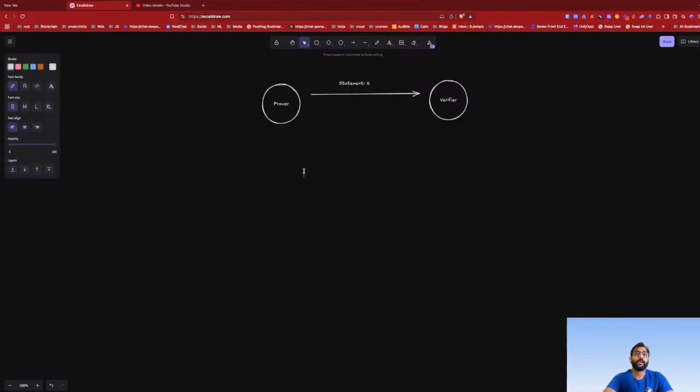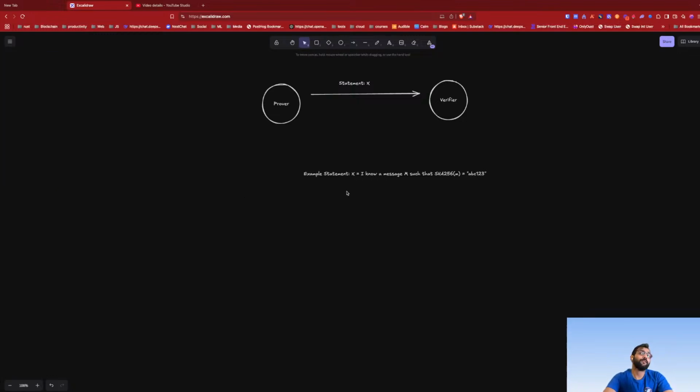The statement X can be, for example, I know a message M such that SHA-256 of M is equal to ABC123.